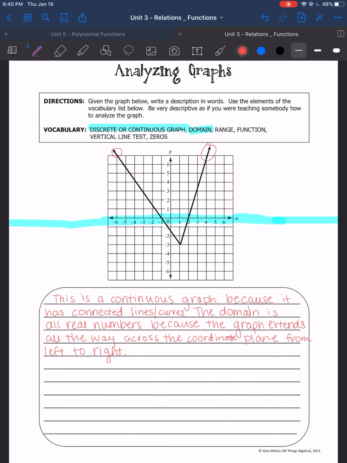Now we need to talk about range. So the range is, let's talk about it. Range is y values. Let's use a different color. Range is y values. So it stops right here. So everything is greater than or equal to -3. So my range is y is greater than or equal to -3 because